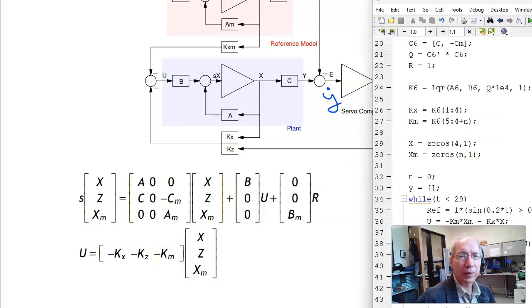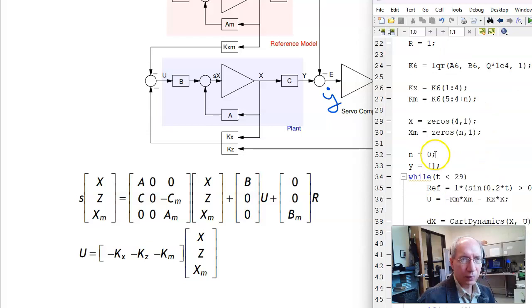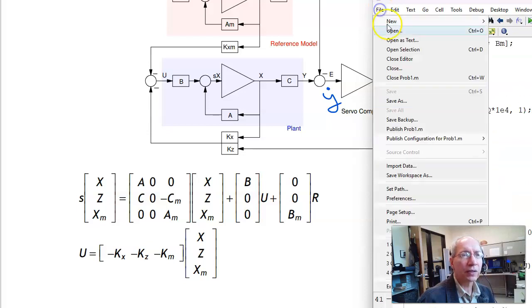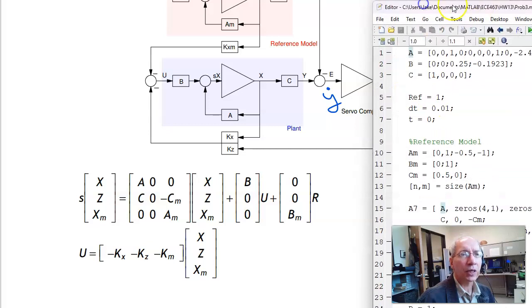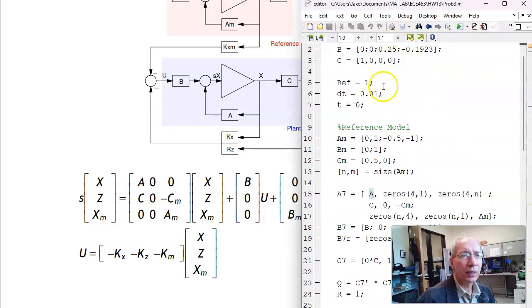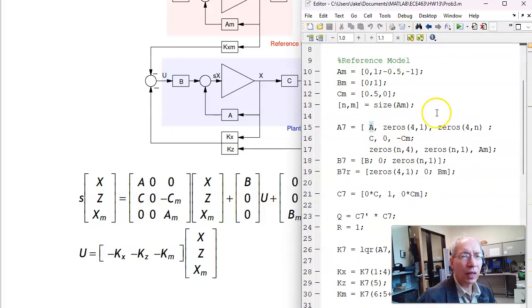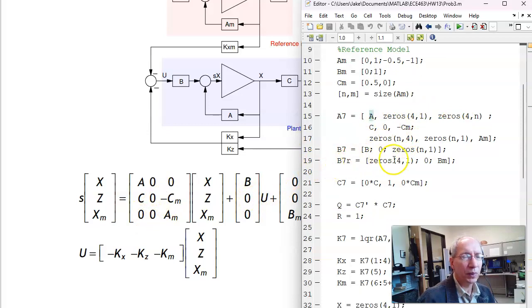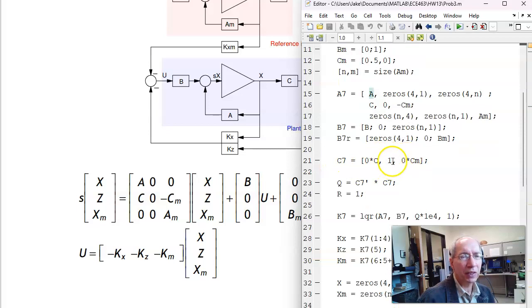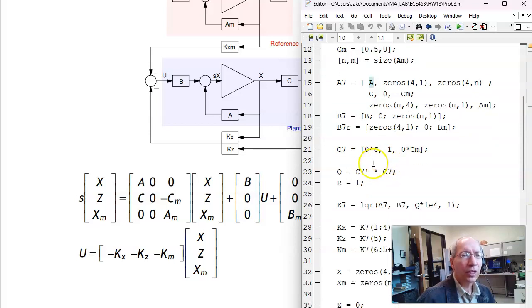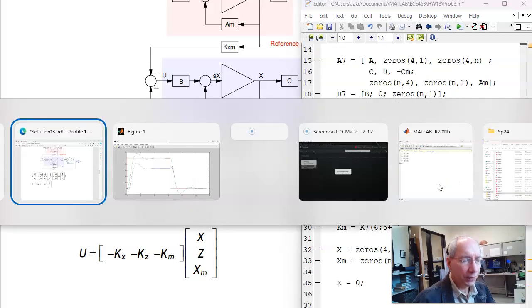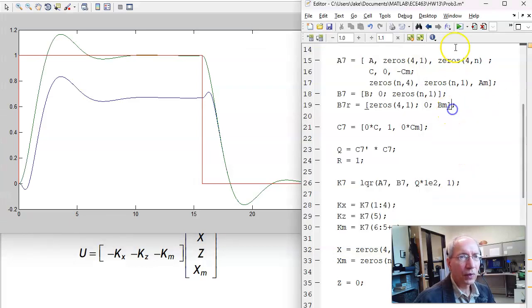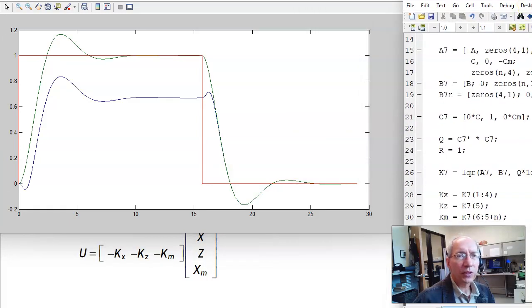Now in MATLAB, I can find it. Kind of the same procedure as before. I define the plant, the reference model, from the augmented system, that's your A7, this guy right here. B7 with respect to U, B7 with respect to R. Your C7, I'm looking at the servo state. Q is C transpose C, and change the weightings. So let's start out with a weighting of 100. So if I weight the servo state with a weighting of 100,